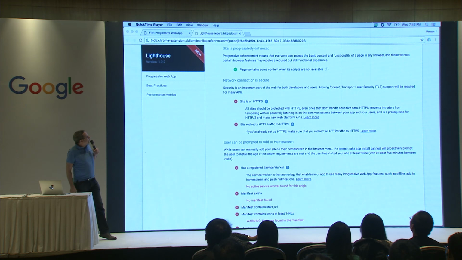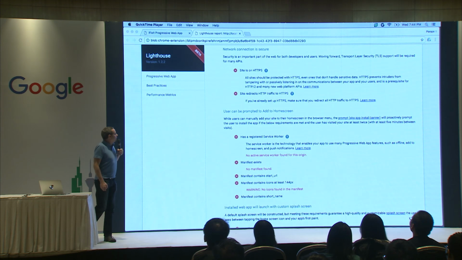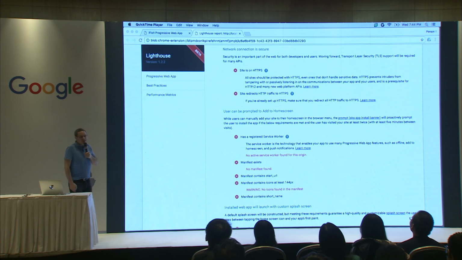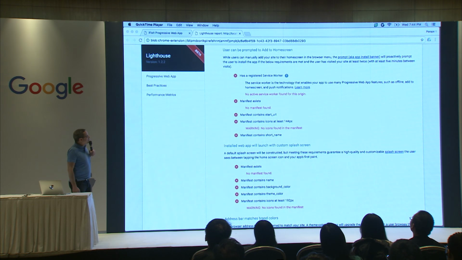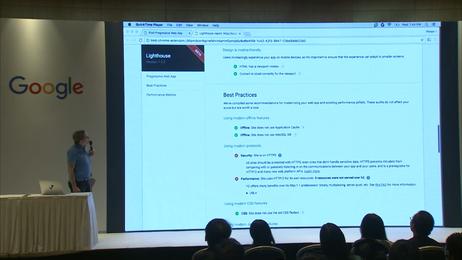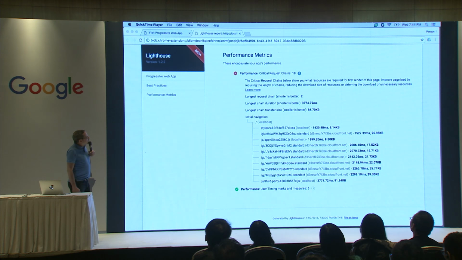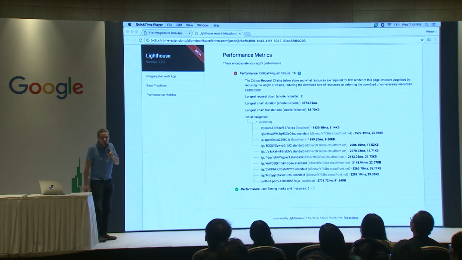The other one is the site is progressively enhanced. The page now has content if I don't have JavaScript installed. So I've got a good piece there. Now, the rest of these things haven't really changed. We haven't made any big changes here, so I wouldn't expect any of these to change. Okay, design is still mobile friendly, woohoo. Our performance, all right, we're in a better place overall. Now, we could still do better, and we're going to do better.